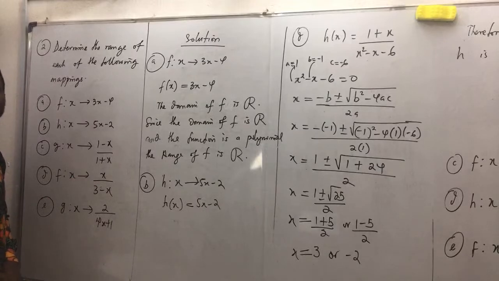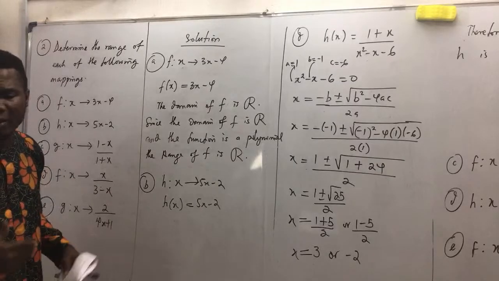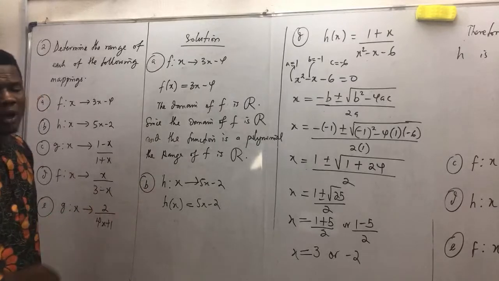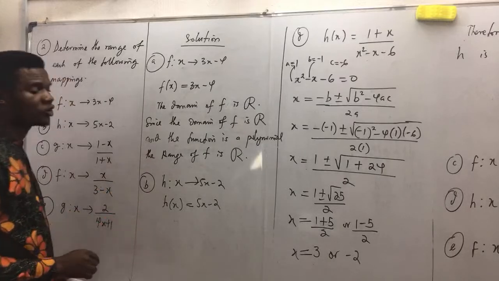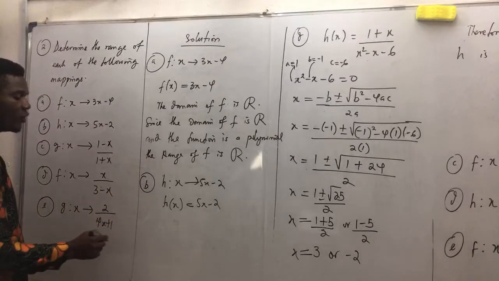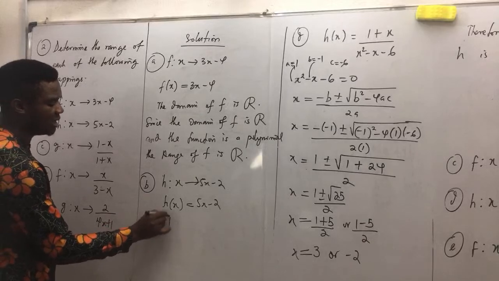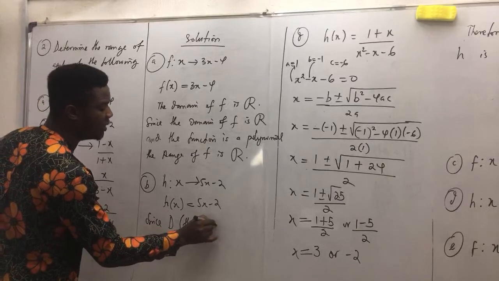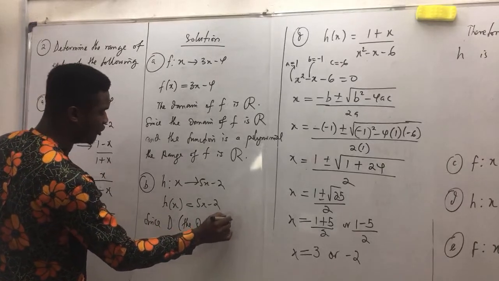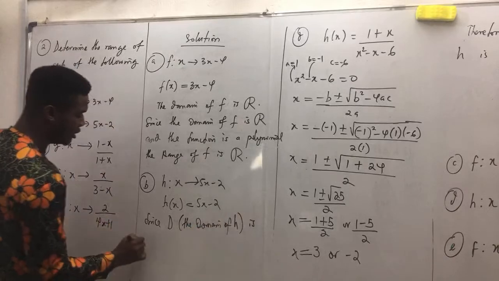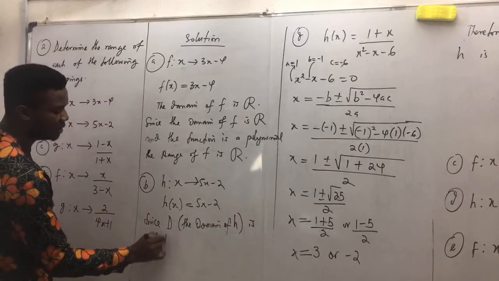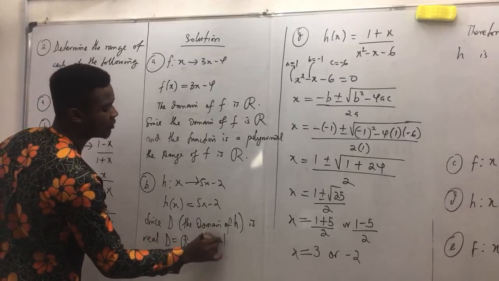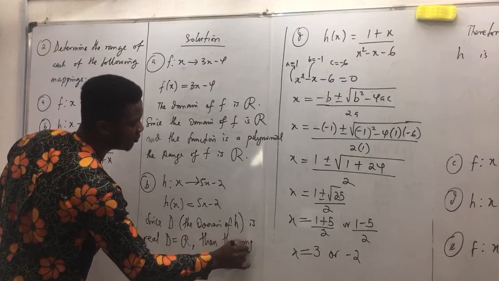It is a linear function, otherwise known as a polynomial function. It is also a polynomial function. Now, what you should know about this is that the polynomial function has its domain to be real. Therefore, since the domain of H is real, that is D is equal to R, then the range